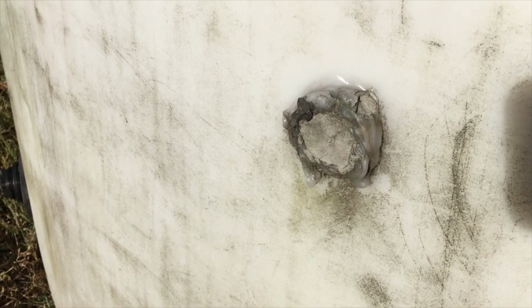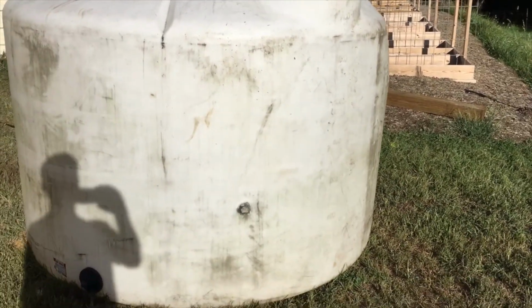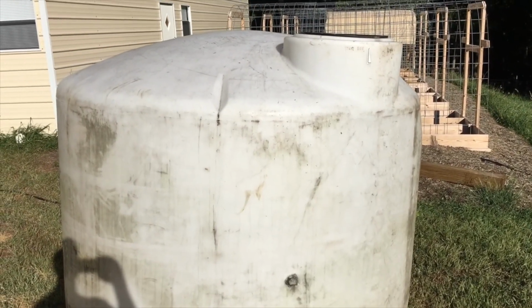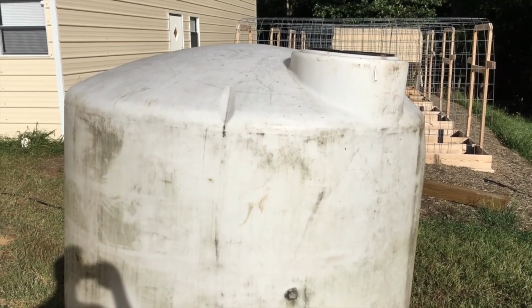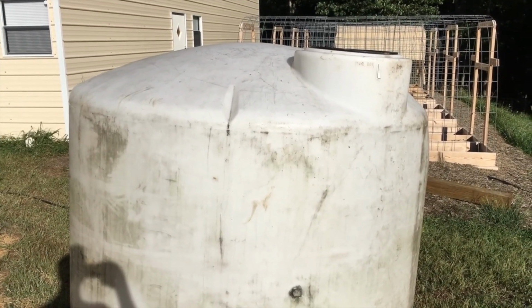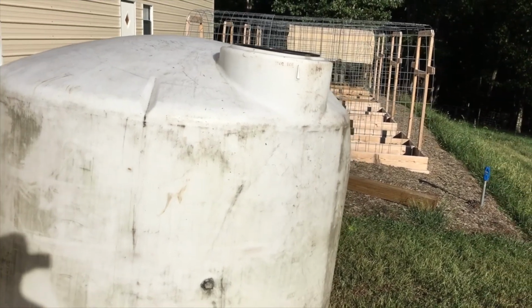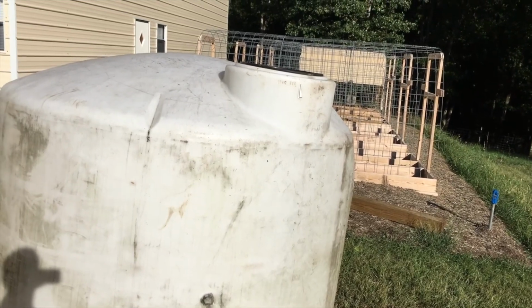So this was the worst of the two. The other one appears to be in perfect shape. It doesn't have any dents in it to speak of, and it doesn't have any holes or anything in it. So the two of these together will be great in my system in the back here. Let's see, 1,550 times two, so 3,100 gallons, plus I'll keep the 1,200, so I will end up with about 4,300 gallons of water back there, which I will have no problem filling up in the spring,